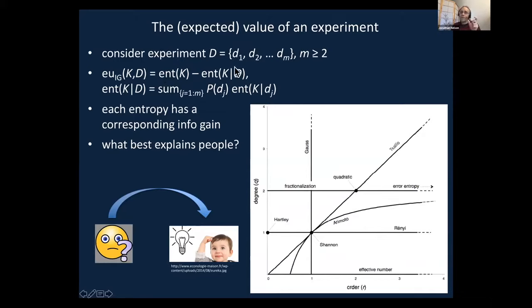So this is an average, minus what you expect to be the posterior entropy after you see the results of that experiment. And this idea of information gain is based on that. Usually it's based on Shannon entropy. And what turns out to be the case when we explore this mathematically is that we can get not only Shannon entropy, but many different, we think, interesting entropy and information models from a unified parametric framework.